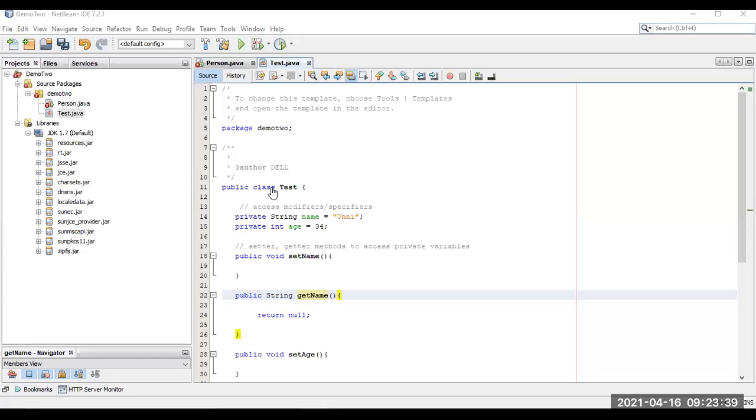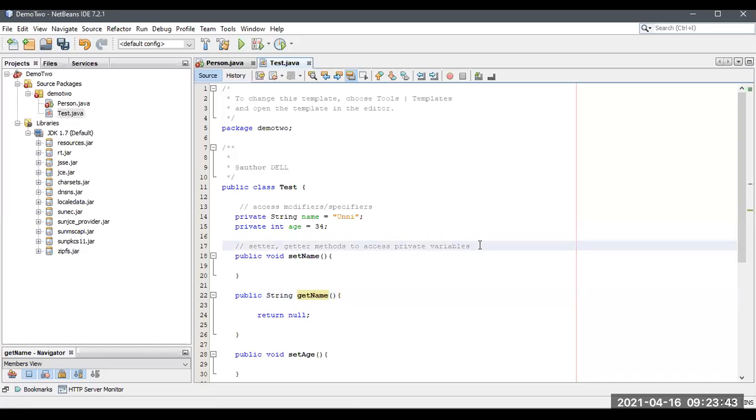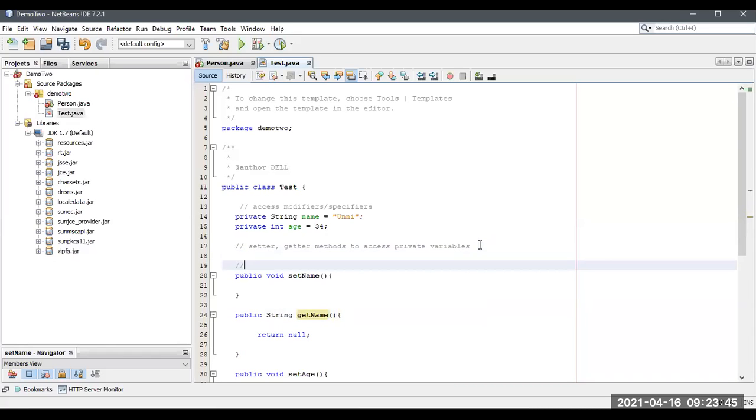We'll call it a POJO class. Let me type it over here. If any Java class consists of setter and getter methods, we call it a POJO, which stands for Plain Old Java Object.